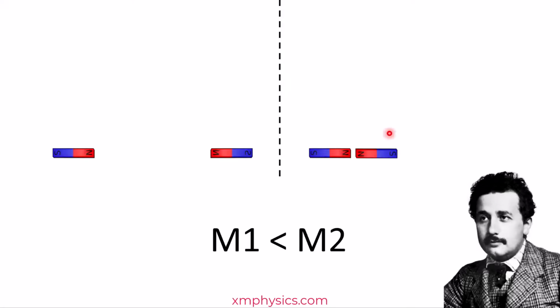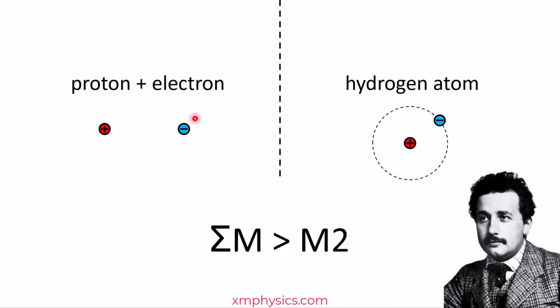So if repulsive forces can bring about an increase in mass, what about attractive forces? Take for example a proton and an electron. If we let them come together and form the hydrogen atom, then the electrical potential energy now is less than when they were far, far apart. Remember, we have some negative electrical potential energy in this system. But if they are far, far apart, the electrical potential energy is zero. So the system has a lower energy here than here, which means the mass of a hydrogen atom should be less than the mass of a proton plus the mass of an electron.